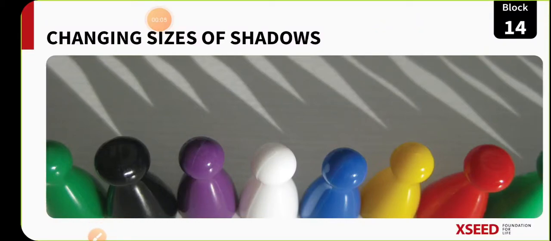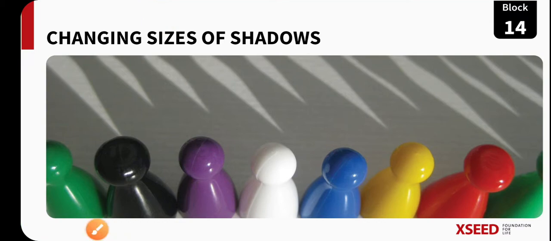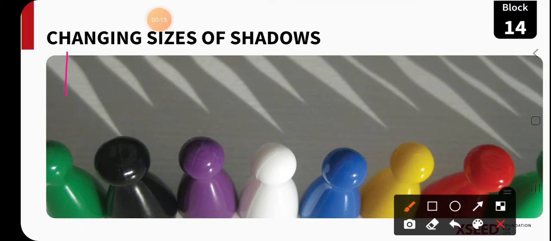Namaste children, welcome back to another session of our chapter Light and Shadows. In this chapter, we studied about luminous and non-luminous objects in life. In LP1, an object which is able to produce light is called a luminous object, and the one which is unable to produce light is called a non-luminous object.